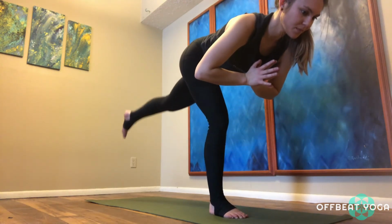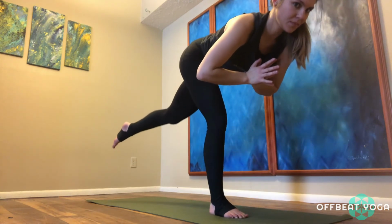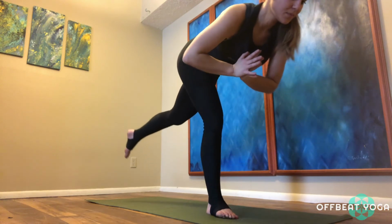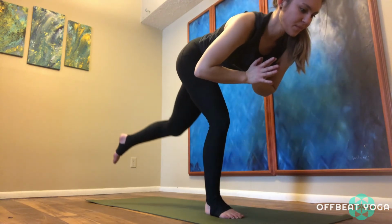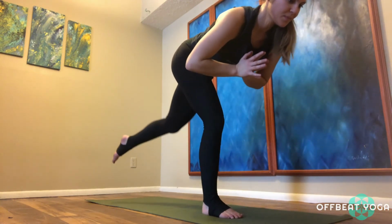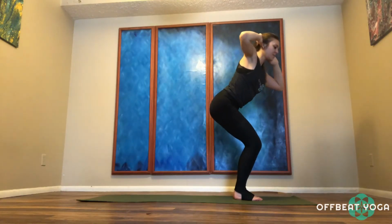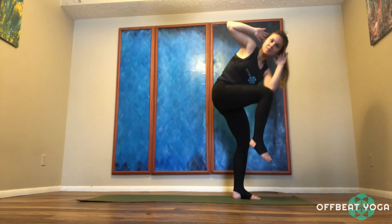So we're just going to do that 5 times. Little curtsy squats, knee into knee. Bending the standing leg, extending the back leg. Just trying to find the balance. Once you've done 5 of those, you can come back into that chair pose, hands behind the head, and take